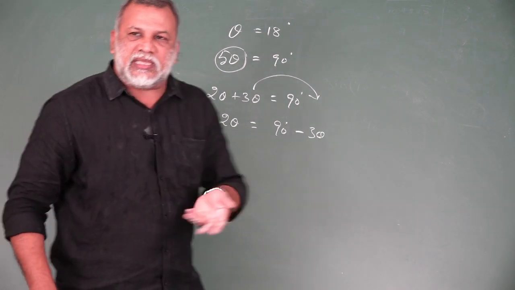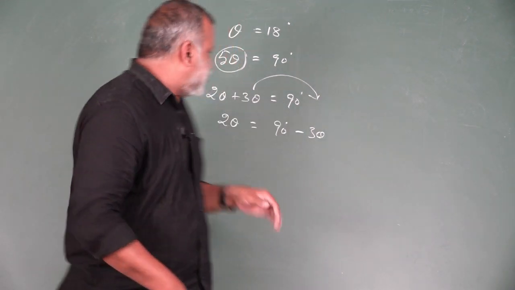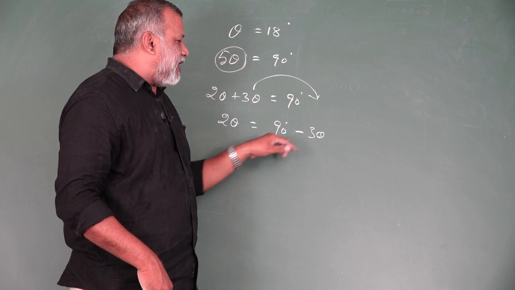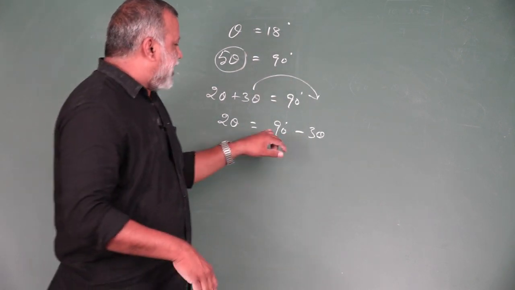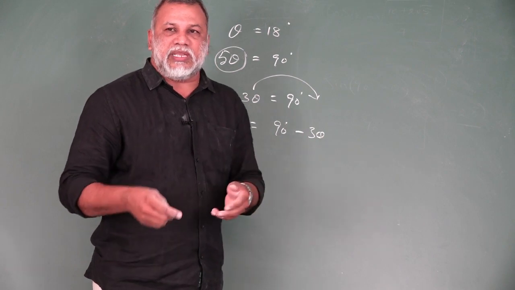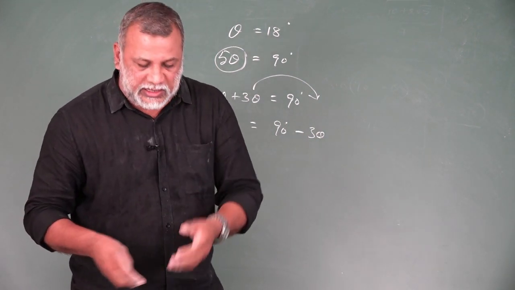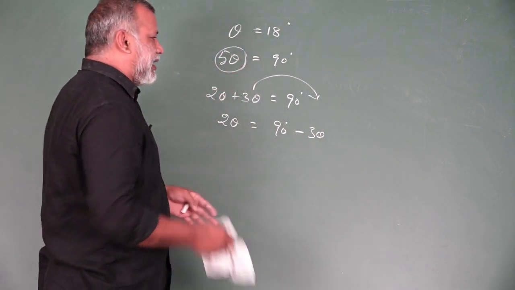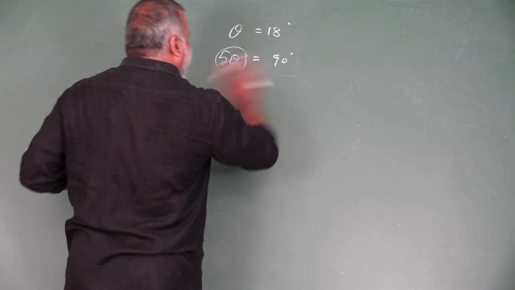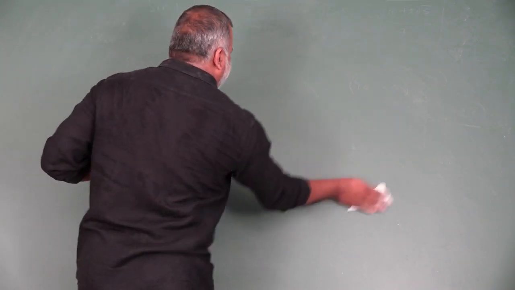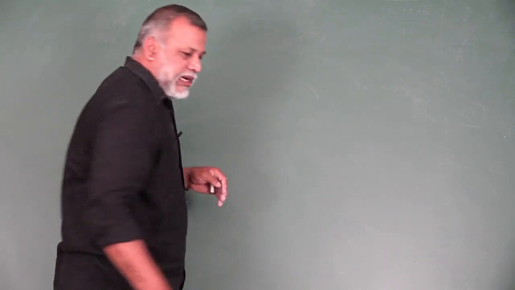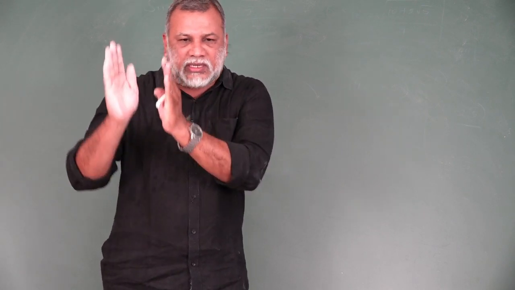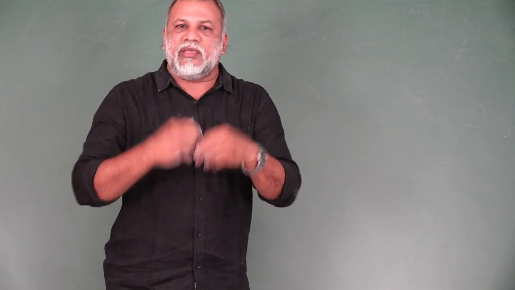After that, take sine on both sides. So sine 2 theta equal to sine of 90 minus 3 theta. Apply the formula: sine of 90 minus becomes cos 3 theta. From this we are able to derive the values of sin 18 degrees, then cos 18 degrees, 72 degrees, 36 degrees and 54 degrees. These are the only relations; everything is related with these results.